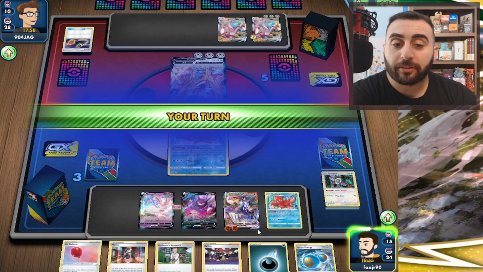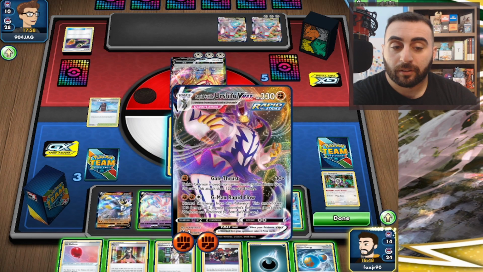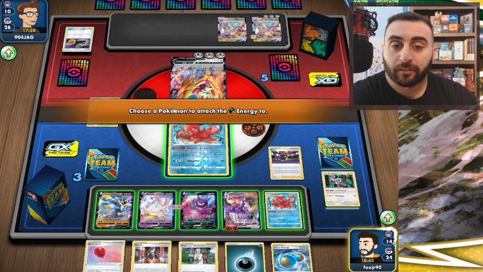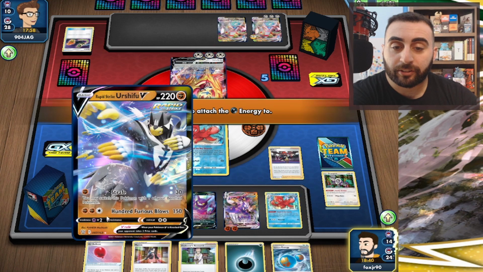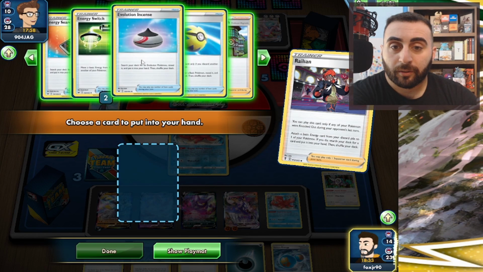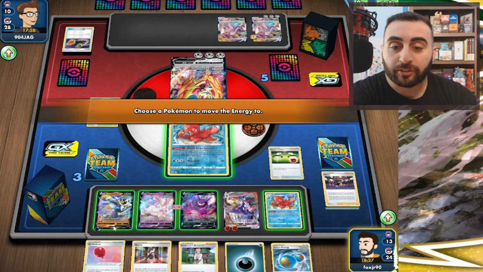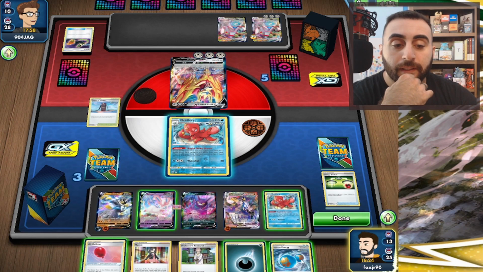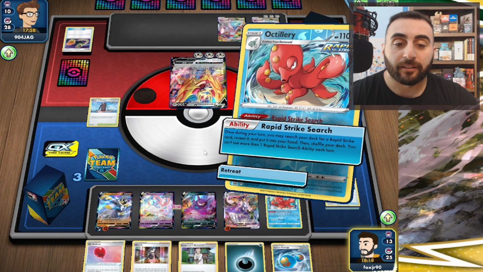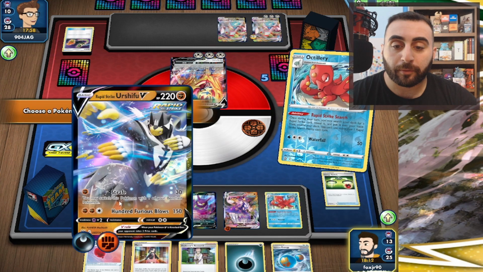We're going to make it Octillery, because if we made it Urshifu, we would not be able to use Gale Thrust. So we'll go ahead. We'll play Raihan. We'll get it attached to you. Put a card into our hand. We get an energy switch. Because then I can move an energy switch over to this guy. So that now I can evolution. I can use Rapid Strike Search to, but for now, we'll just